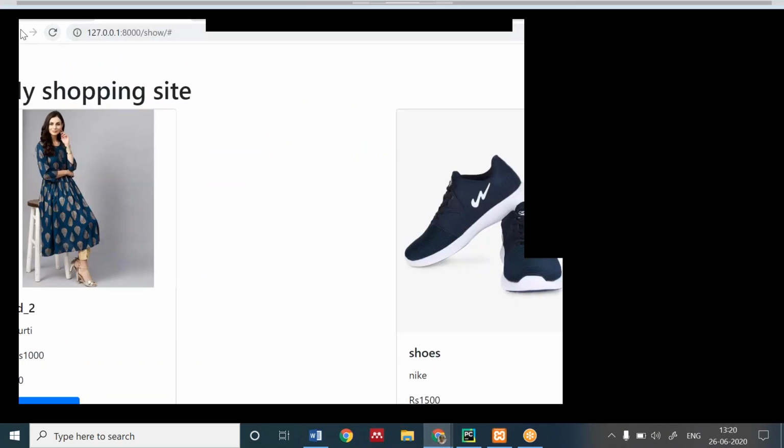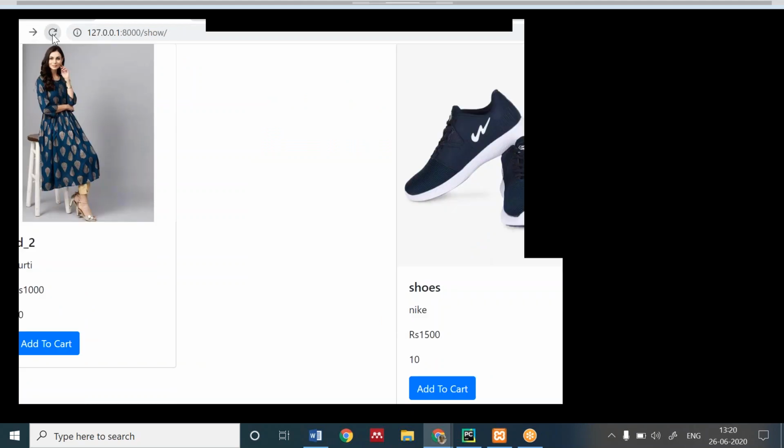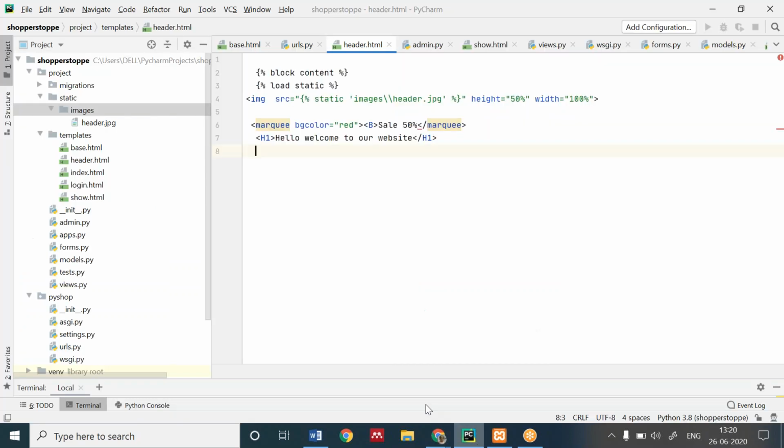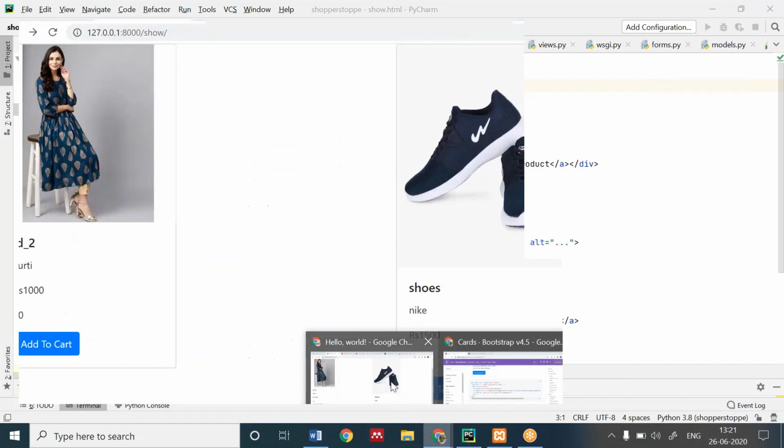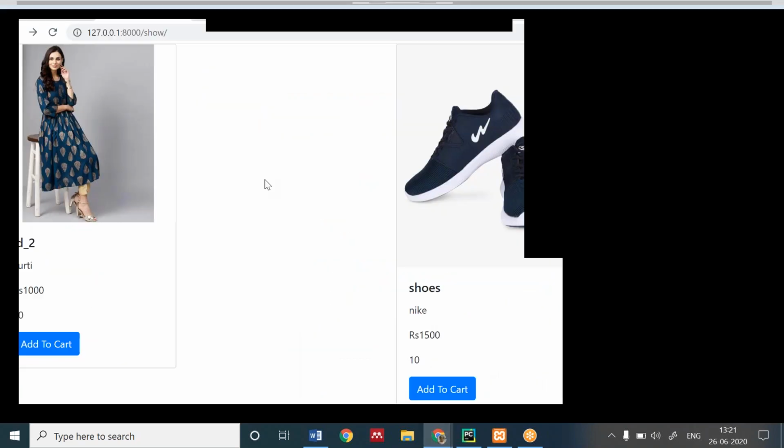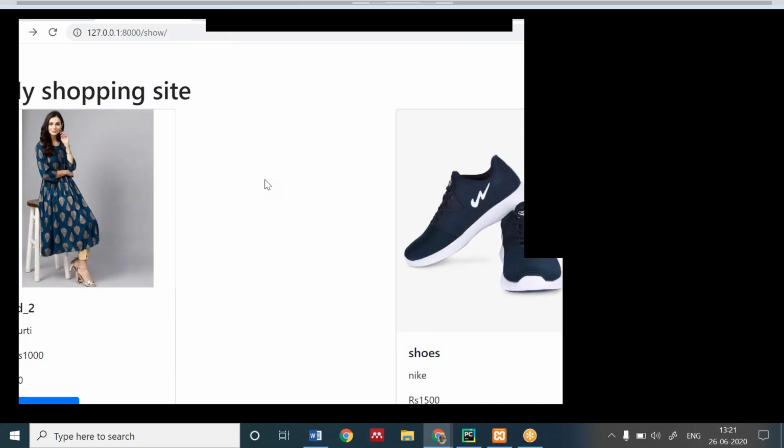See, you have to try again and again. See whether the table is there or not.